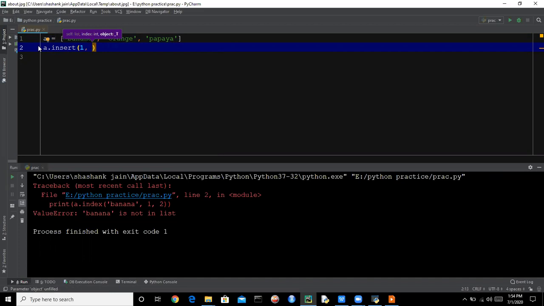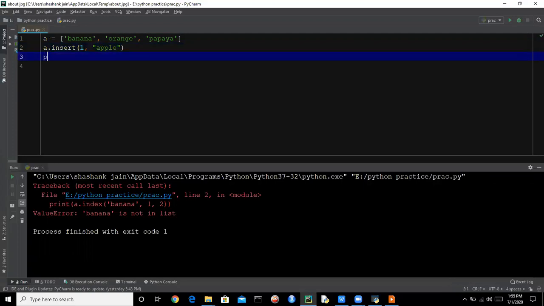So if we want to add any item into the list at a given index, we are giving the index 1 here. So here we want to add an item apple at index 1. So here we are writing, we want to insert an item apple in the list at position number 1.